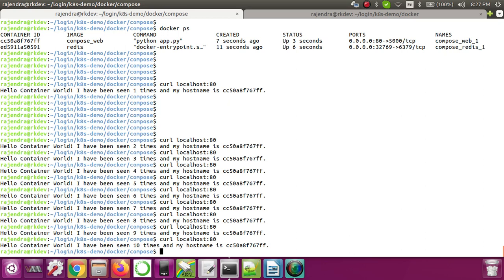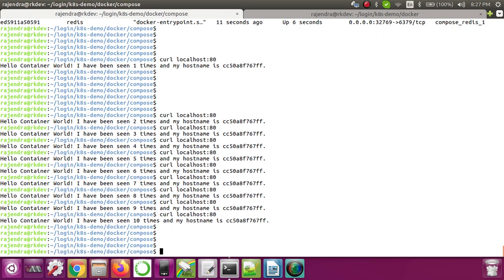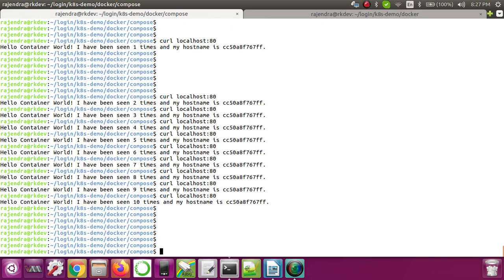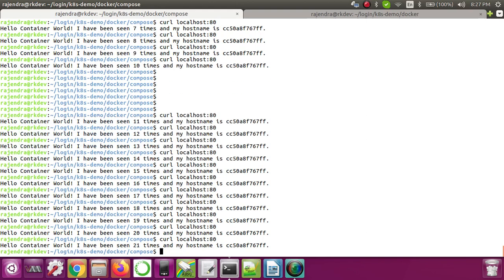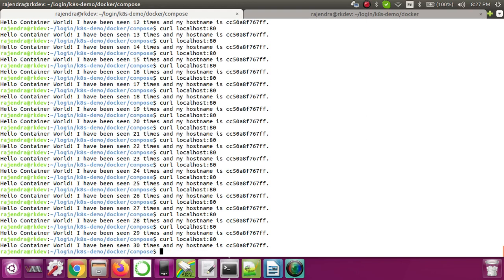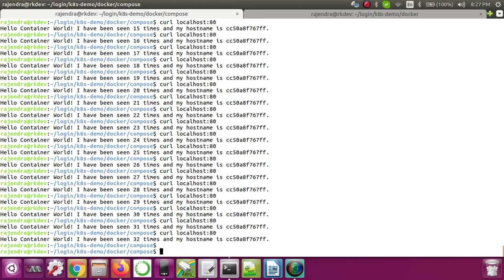Now, without the compose file, it was not possible to deploy multiple services at the same time, but with the help of the compose file, we are able to deploy multiple services required for your application. If you hit this application many times, you can see that it will just keep increasing. Such a type of requirement we may get.